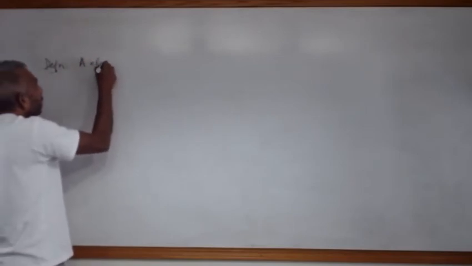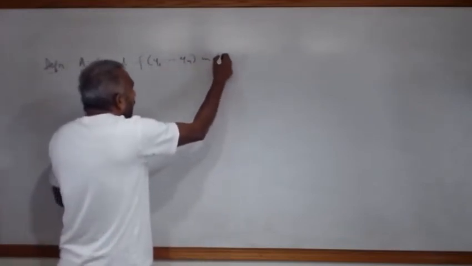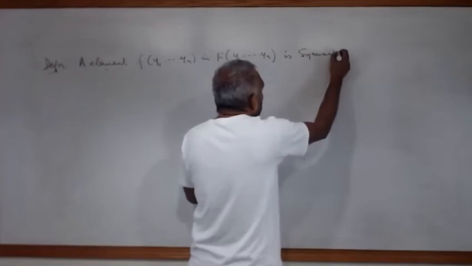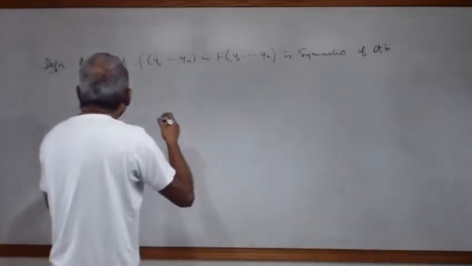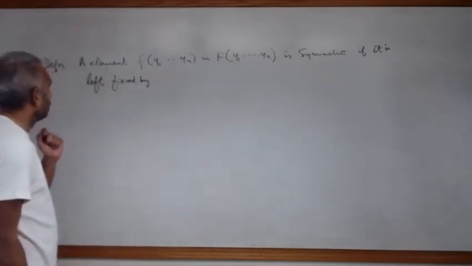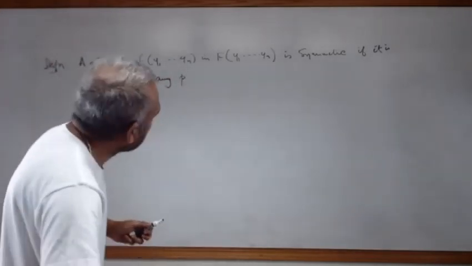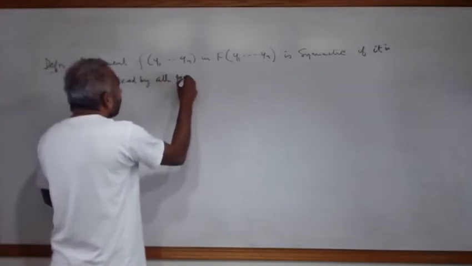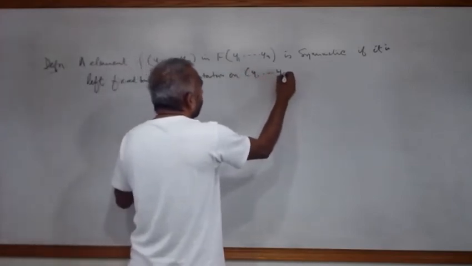An element f(y1, ..., yn) in F(y1, ..., yn) is symmetric if it is left fixed by all permutations on y1, ..., yn,